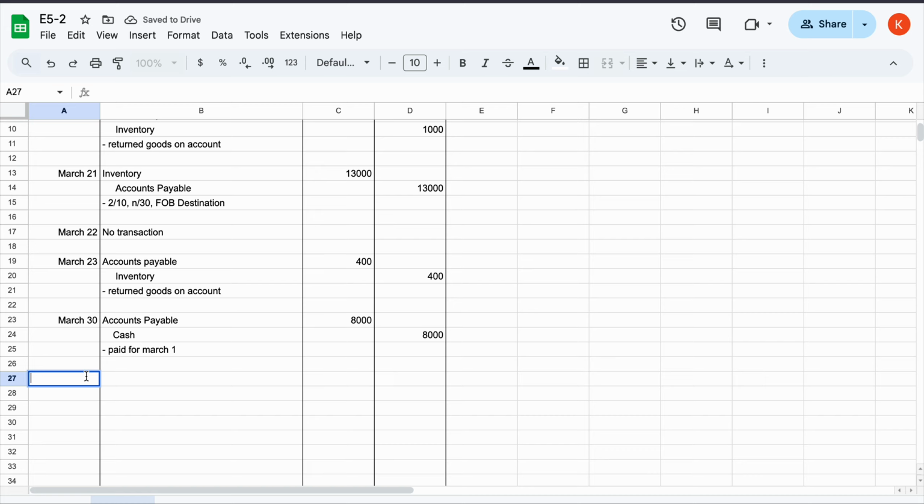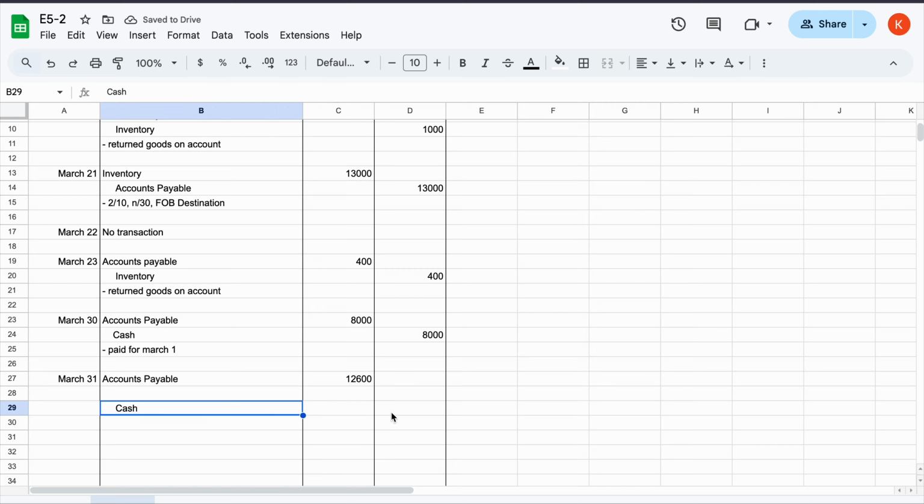Our last transaction for this question happened on March 31st. Seller paid Octagon the amount owing for merchandise purchased on March 21st. We are within the 10-day window here, just barely, so we need to include our discount. But first, I just want to lay out the groundwork for the question, which is accounts payable and then cash. A good place to start whenever you're doing one of these is figuring out how much you're debiting accounts payable. In this case, it will be this minus the amount we returned, which is